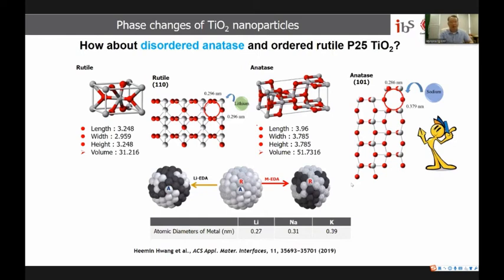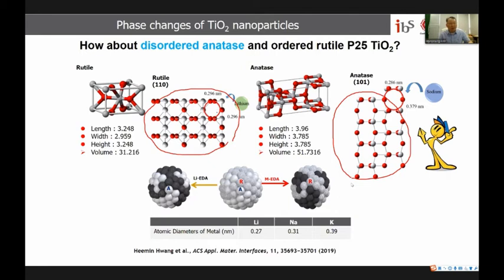We are trying to figure it out through our analysis. As you can see here, the rutile phase crystalline structure and the anatase phase crystalline structure. As I mentioned about the two different phases, we found the anatase phase has an interlayer distance a little bit longer